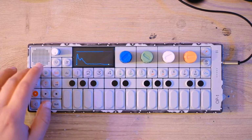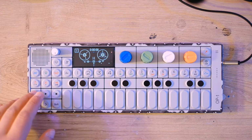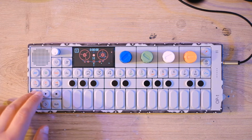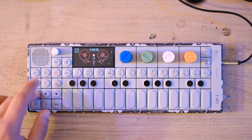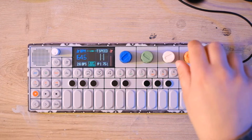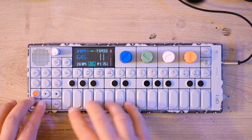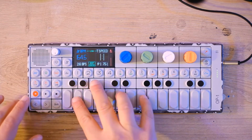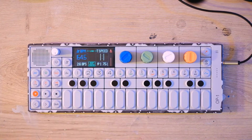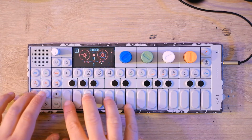So what I'm thinking is we'll record a little arpeggiated seventh chord going around the circle of fifths. I'm going to go to our tape, and I'll do that on the first track. I'm going to hit record, and I'll hold it down so it's armed to record. It's waiting. I'll either hit play, and that'll tell it I just want it to play and record, or I'll hit a note and it'll start recording. Oops, before I do that, I need a metronome. If you don't like the metronome sound, don't worry, we won't have it for long. We'll go to the tape, hit record, and